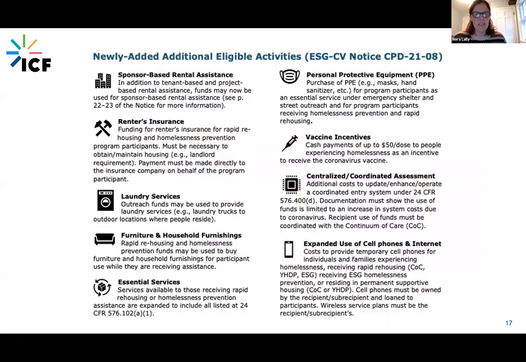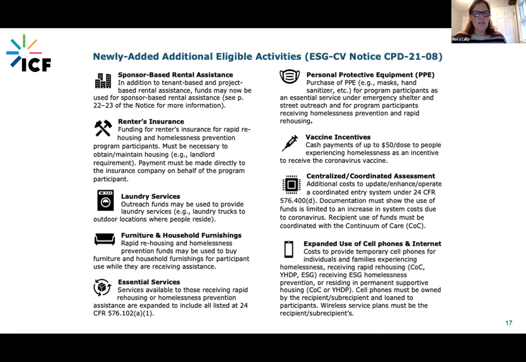So this list includes the eligible activities and costs that ESG-CV or ESG to prevent, prepare, or respond can now do. So I will run through the list, pulling out some highlights of each of these new costs.